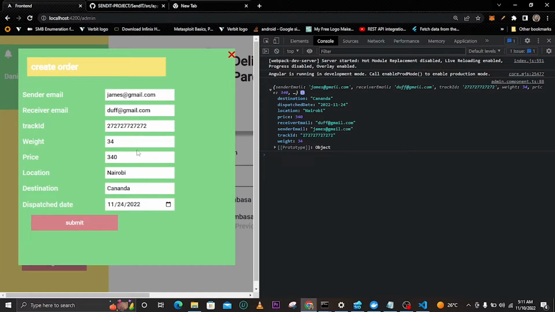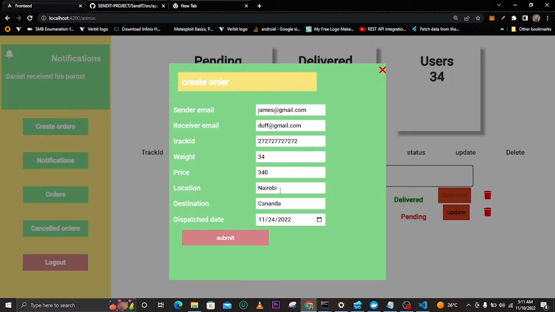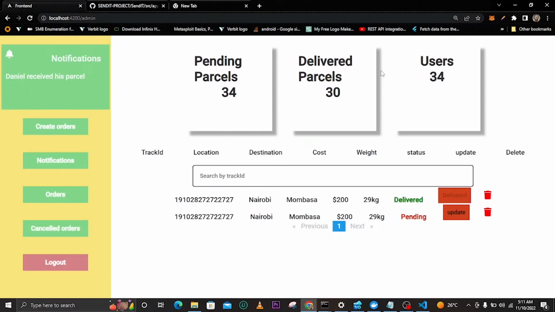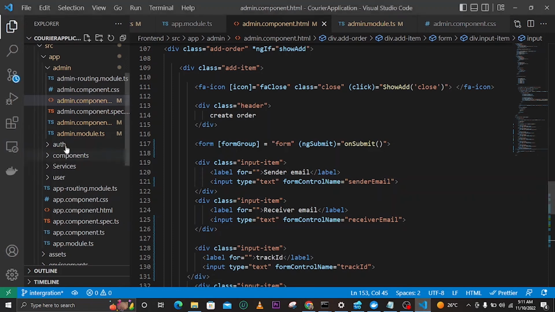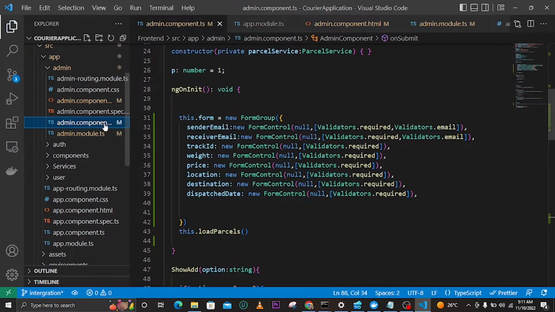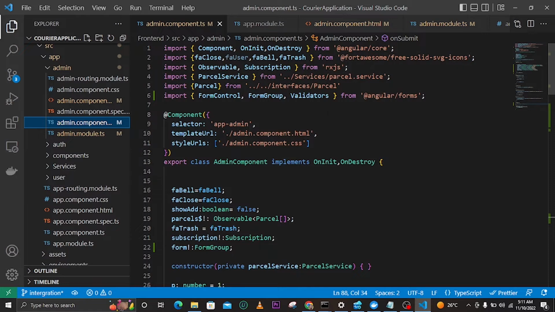But remember, when you are adding here, let me close this console there. When we want to add location here, we want to get location from our Google Map, because we need to get those longitude and latitude so that we can add markers. So what we need to do now is use the Google Map module, and likely enough, because I don't want us to waste a lot of time, I have